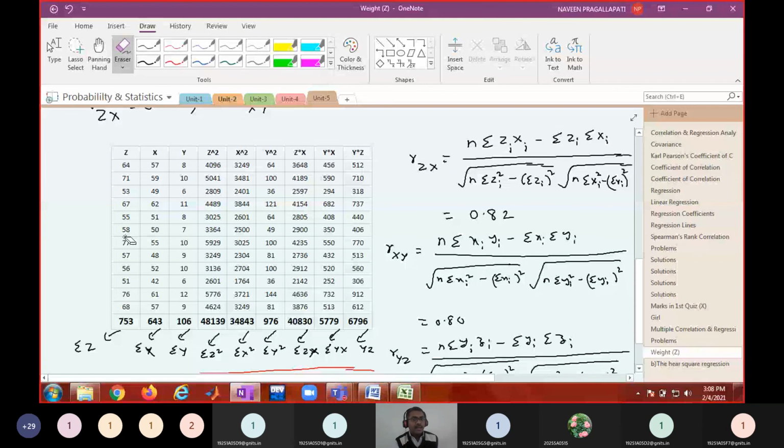Multiple correlation and regression require preparation of this table. If you compute this table, x, y, z values, three-dimensional data will be given to us. Corresponding to this three-dimensional data, prepare the squares of the random variables and corresponding products of the two random variables, xy, yz and zx, and take the sums and substitute in the formulas. If you can remember the formulas in the fifth unit, it's only a mechanical calculation. Simply use the calculator, take the sums, substitute in the formulas, and get the values. Is that okay?